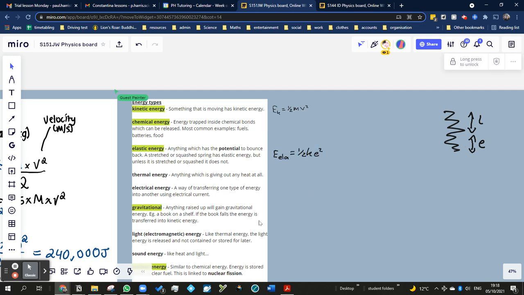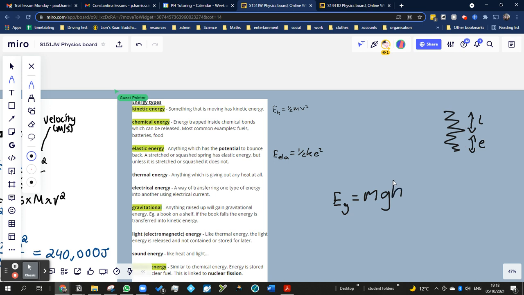Next one I'll look at is gravitational energy. There are formulae for thermal energy and electrical energy, but I'm just going to look at gravitational energy next because I'm more interested in the ones involving forces at the moment. So gravitational energy we'll call EG. This one's one of the easier ones to remember. It's just going to be the mass times the strength of gravity